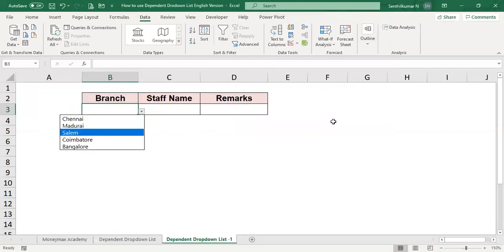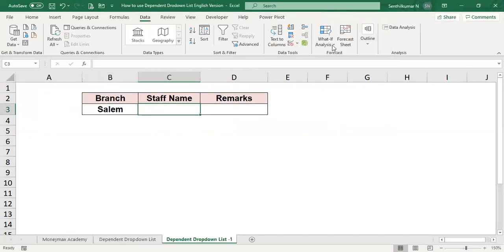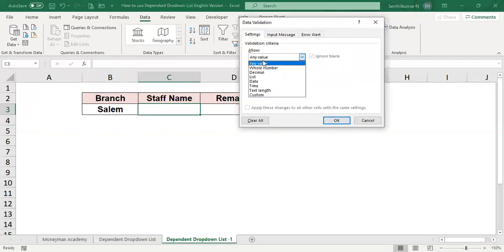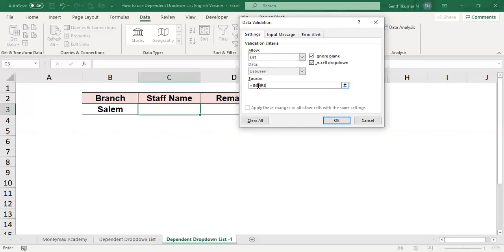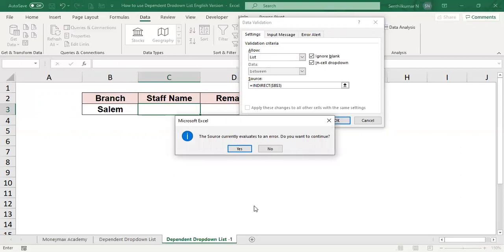Now you can select Salem. Now you want to give the data validation. Any value. Go to the list. Use the formula INDIRECT. Open the bracket, select the name, close the bracket. Okay. Some error is coming.